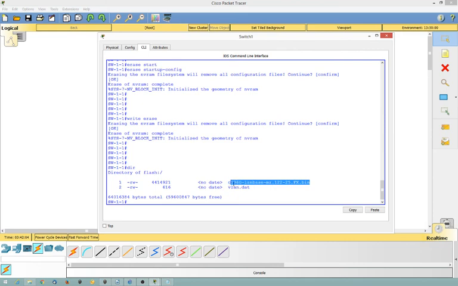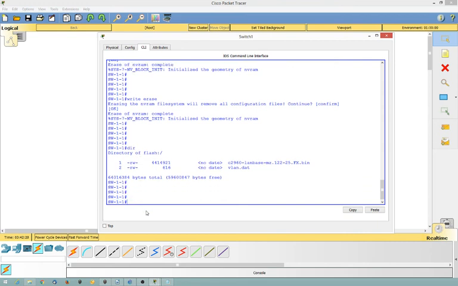That thing there, that C2960 LAN base MZ122-25fx.bin is your operating system. It's a binary. It's compressed as well. 12.2. We also have this file called VLAN.dat. So just typing in dir for directory, we can see what is in flash